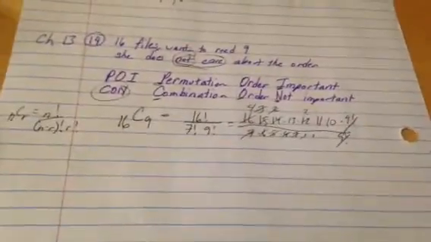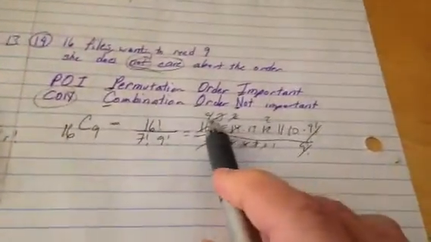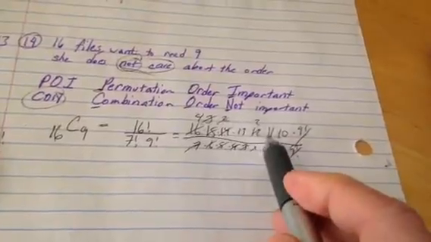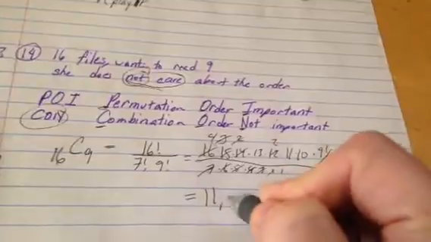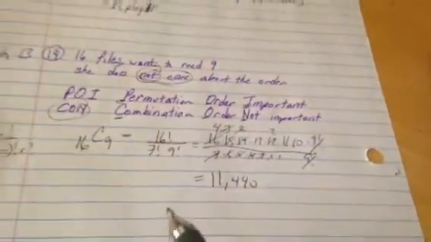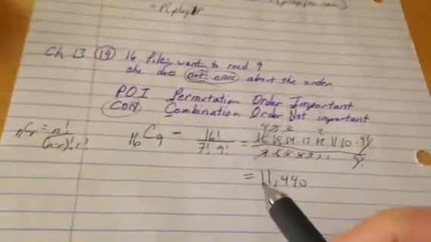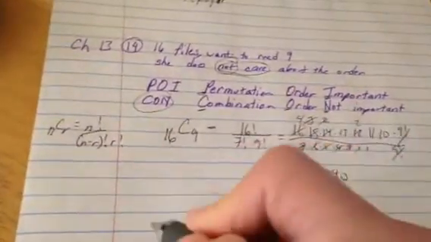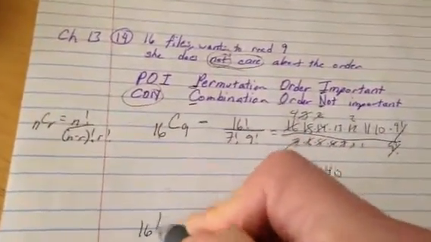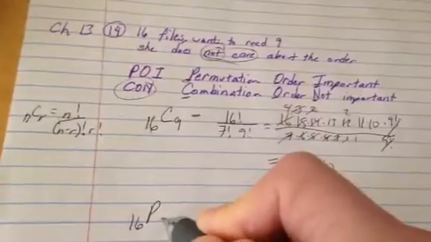If you end up multiplying these all together, the survivors, the 4 times 2 times 13 times 2 times 11 times 10, you end up getting 11,440 ways to select these 9 files. Woohoo! If she did, again, just for kicks, care about the order, if you wanted to use a permutation instead,